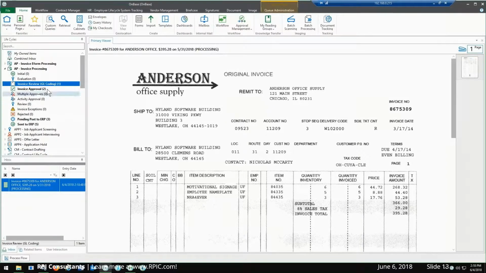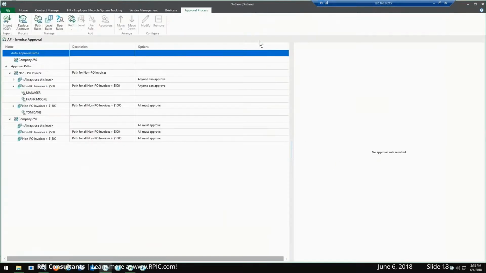So if we hop into the client, we see our workflow. We've already got one invoice here waiting for GL coding, but what I really want to point out is the actual approval management dropdown that you have available now. With this, again, I have access to everything so you can see it, but you can define who can see what and who can modify which approval matrix. I'm going to go ahead and select AP invoice approval. And now you can see here, we've kind of got a small matrix built out